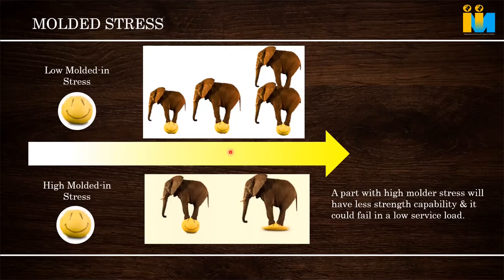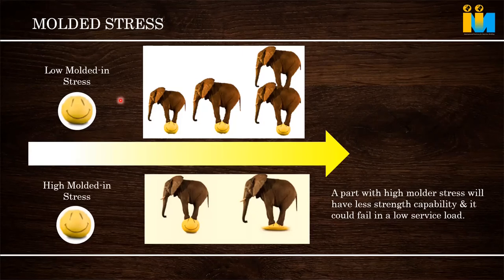And the part with lower molded stress can take higher chemical resistance. Suppose a polycarbonate part is molded with higher stress and another with lower stress, one a good part and one a poor part with higher molded stress. If you put a chemical or grease on it, it fractures in 1 week. The other one takes more time to fracture. So the more stress inside the part, the more susceptible it is to chemical attack.